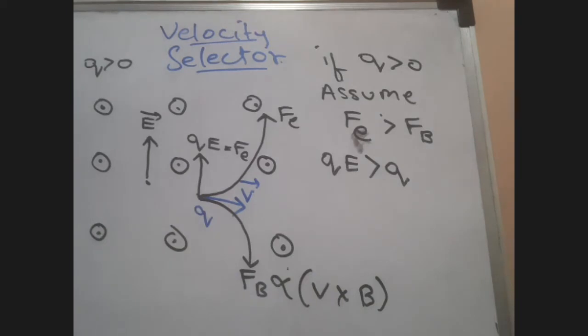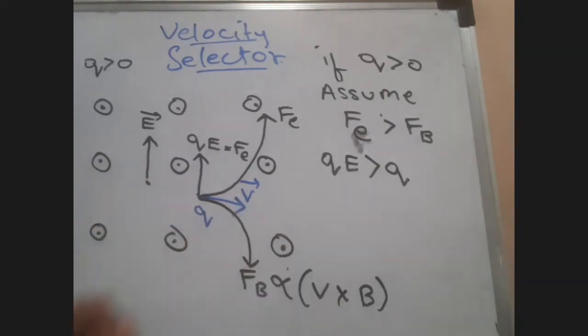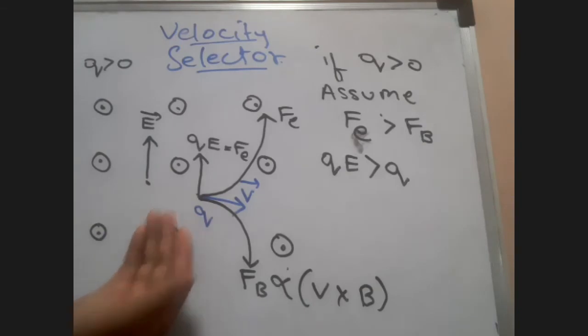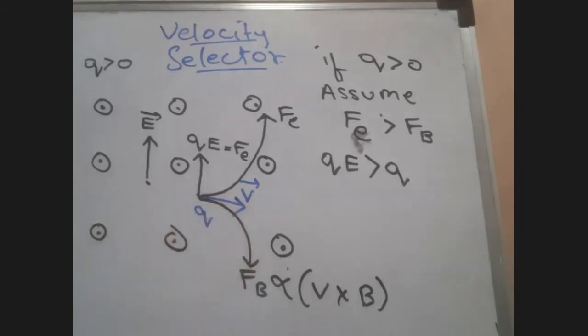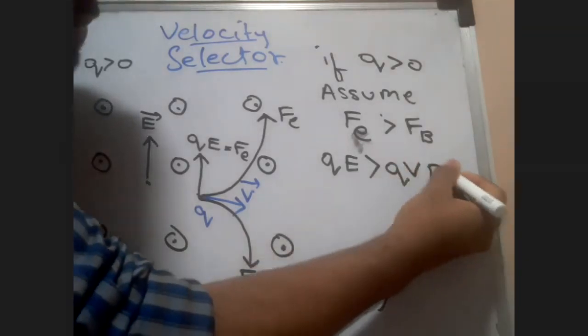There's a 90-degree angle. Theta is equal to 90 here. Can you imagine that? Velocity is this side. Magnetic field is coming towards you. There's a 90-degree relationship between the magnetic field and the velocity vector. So sine 90, what is the value? 1. So your answer is going to be qvB.